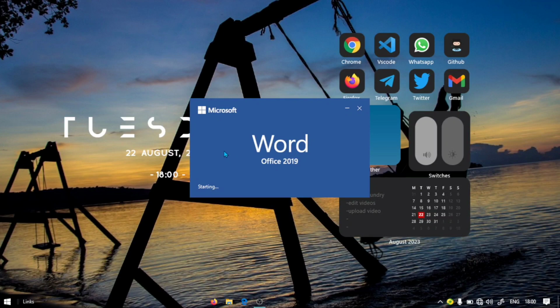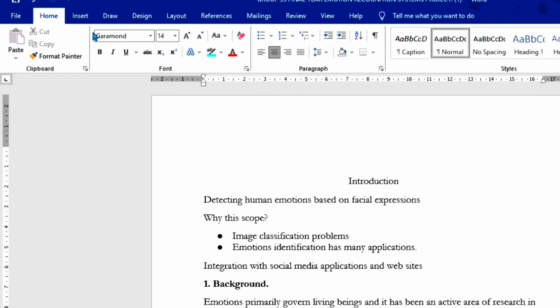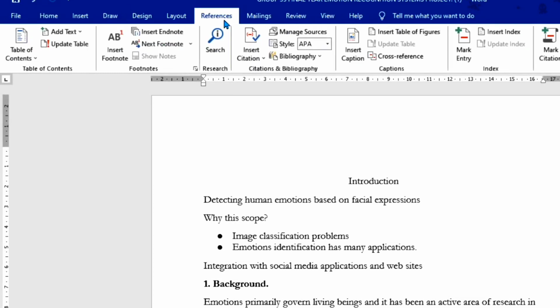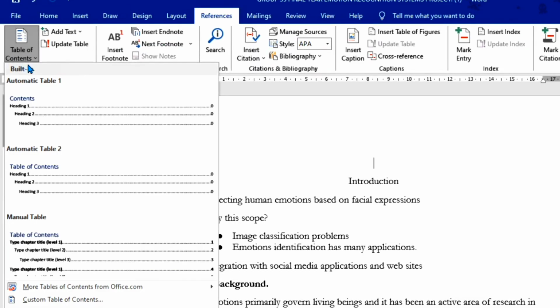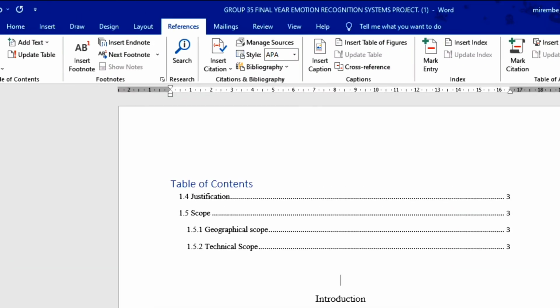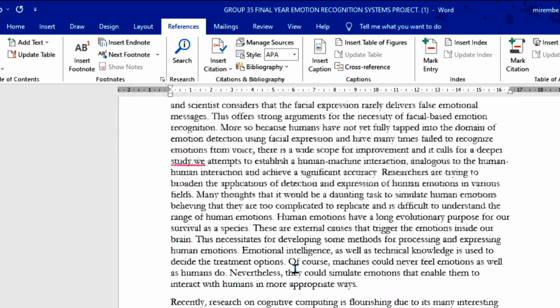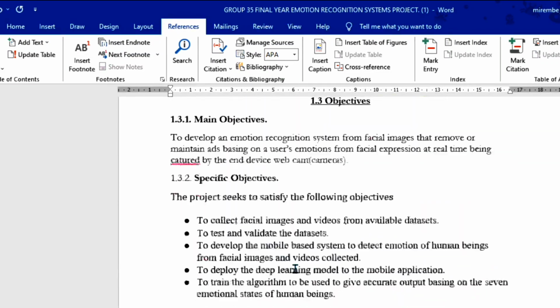So of course we're going to go to Word and we're going to open up a document that has a few headings. So this is a document that I have. You're going to go to references and you're going to go to table of contents and you're going to choose the automatic one, and as you can see it already brings some of the headings that I have in this